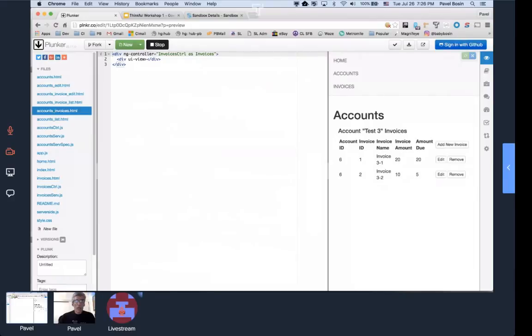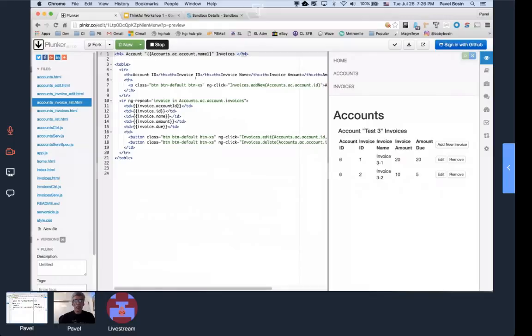Invoices themselves are supported by the invoices controller, invoices controller as invoices. Again, it has two child views inside here. It has a table view and a form view. The table accounts invoice list